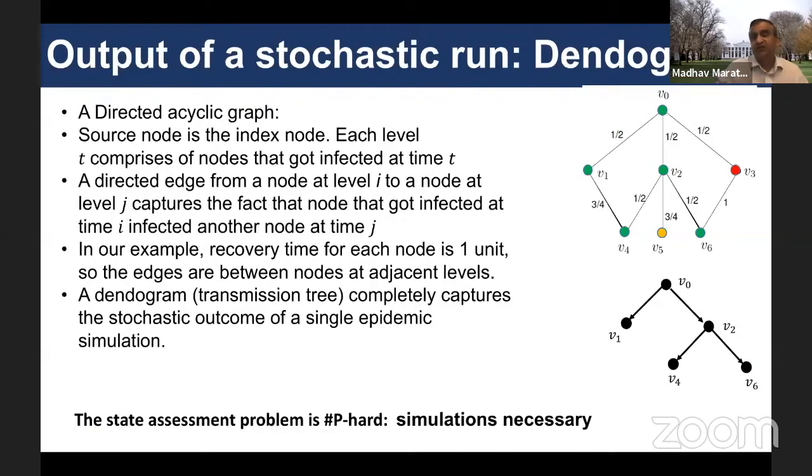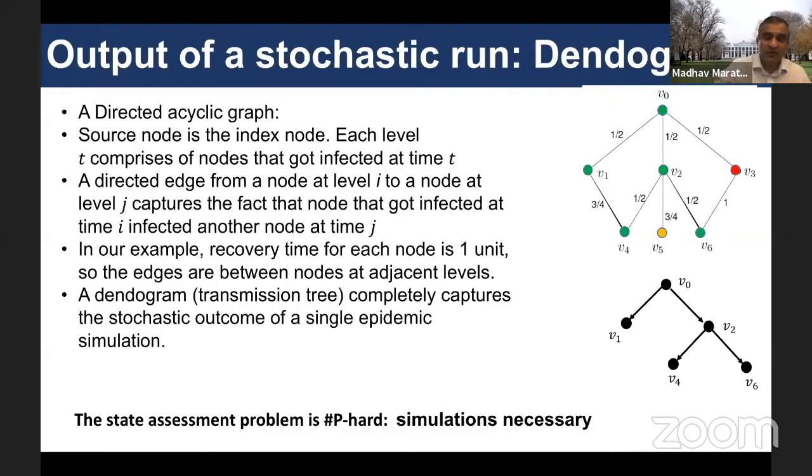And a dendrogram represents how the disease progresses. In this case, V0 is going to infect V1, V2, and V2 infects V4, V6, and V6 infects V3. This is shown in a tree-like form in the bottom right corner of the screen, and picks up the basic transmission in a certain sense. So think of this as a stain. People do this in neuroscience, where they put a stain and then look at which parts of neurons light up. Conceptually, something similar is happening here. You have a stain and it stains certain nodes, and this tells you how the nodes get stained.